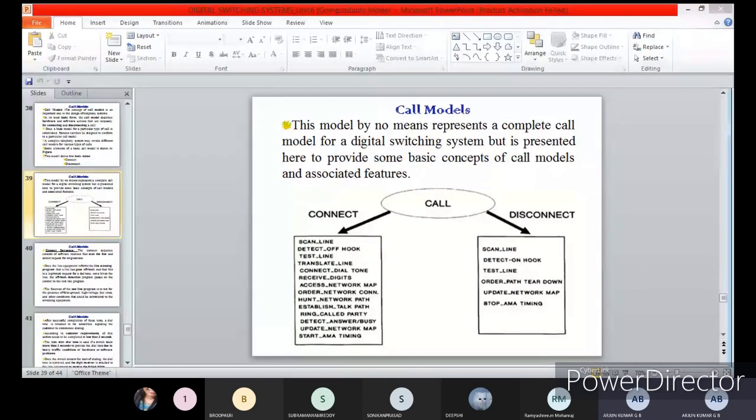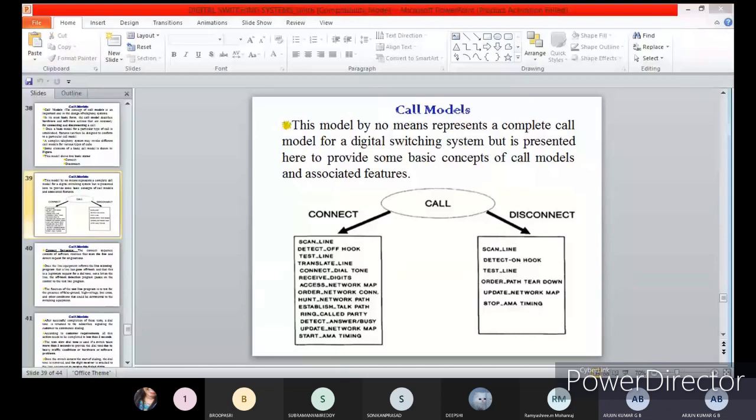The connect sequence consists of software routines that scan the lines and detect the request from origination, and then the sequence of the call has to follow a set of software procedures in order to accept the request.